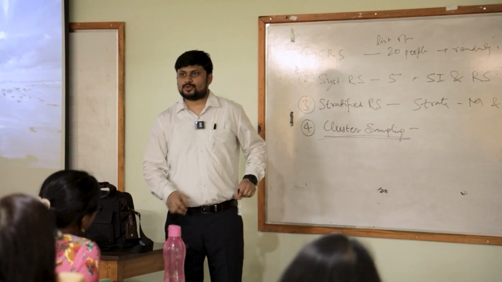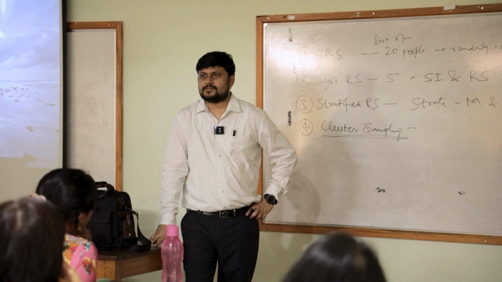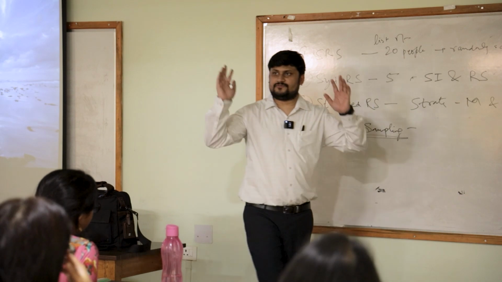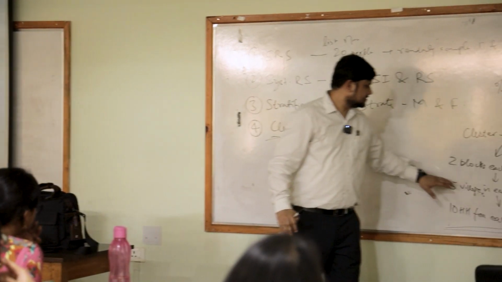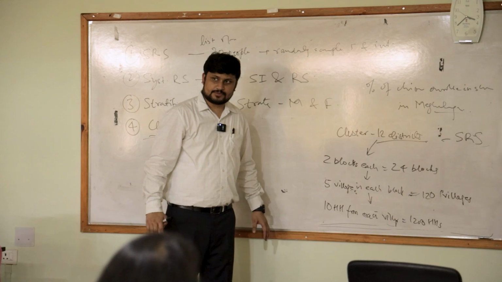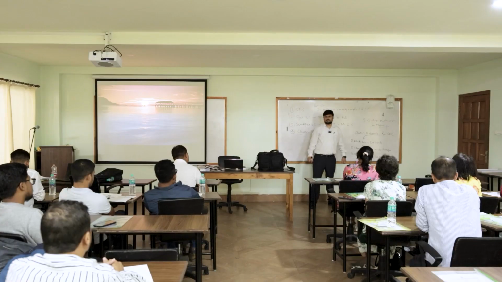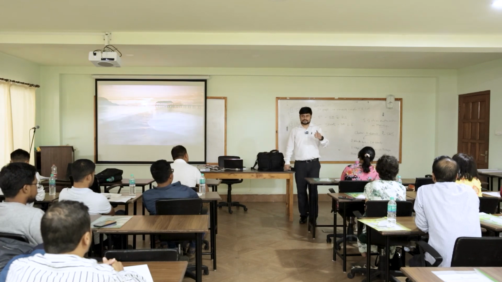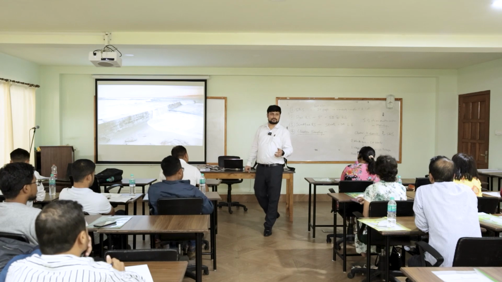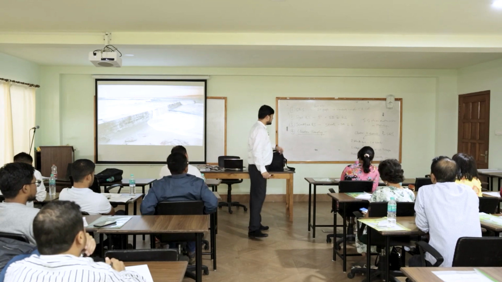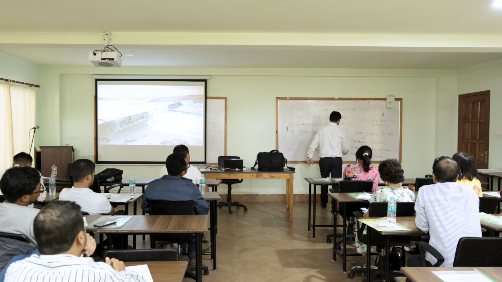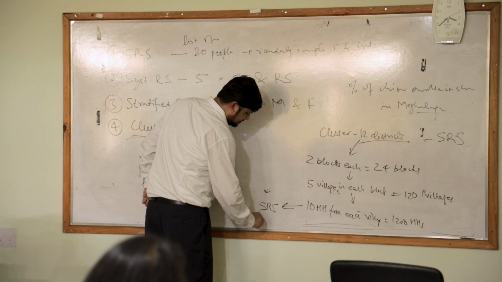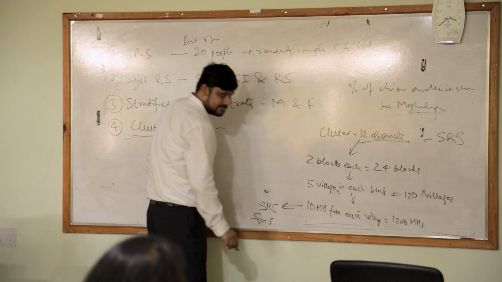Now this is a much more cost effective way of going ahead with the sampling. 1200 households in which I have very clearly figured out that these are 12 districts, 2 blocks from each, 5 villages from each of these blocks, 10 households from each of the villages that have been sampled. I know which blocks to go to, I know which villages to go to, I know which households to go to. Or maybe if I don't know the households to go to, I can simply do a simple random sampling or a systematic sampling here,